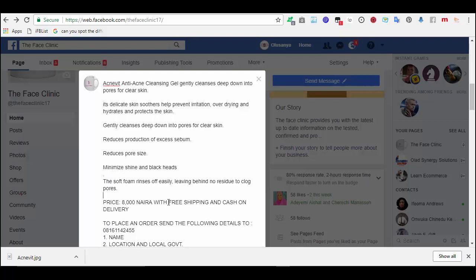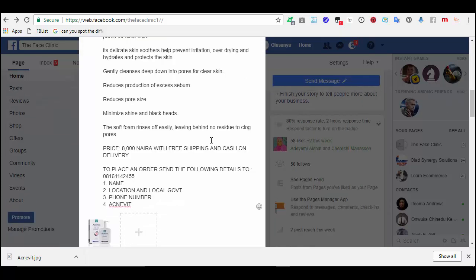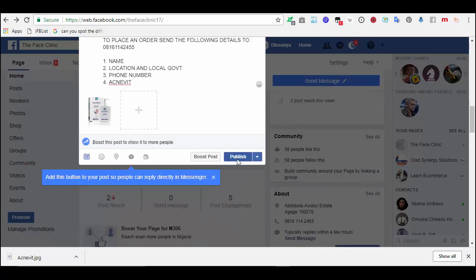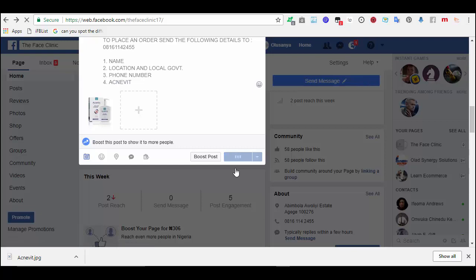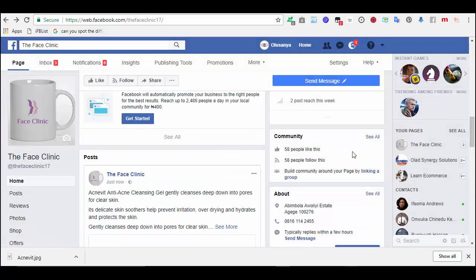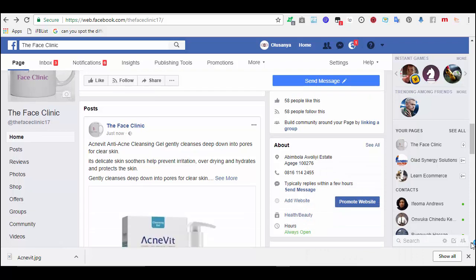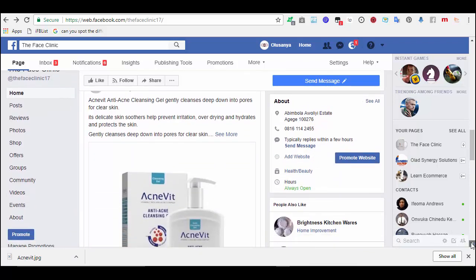Price is 8,000 naira with free shipping and cash on delivery. To place an order, follow the details, so leave a space here. Okay, so this is okay. So going to publish as regular post. So I've published it. So this is it.